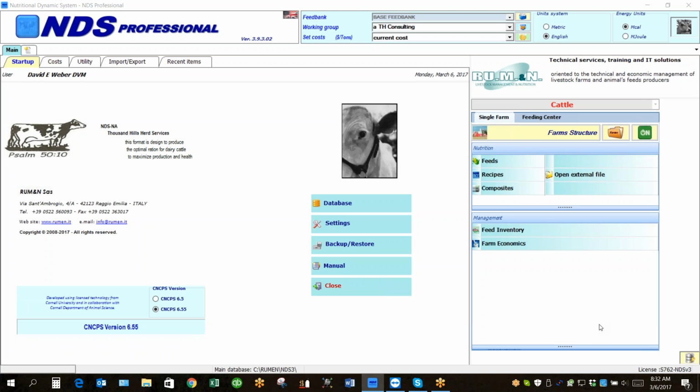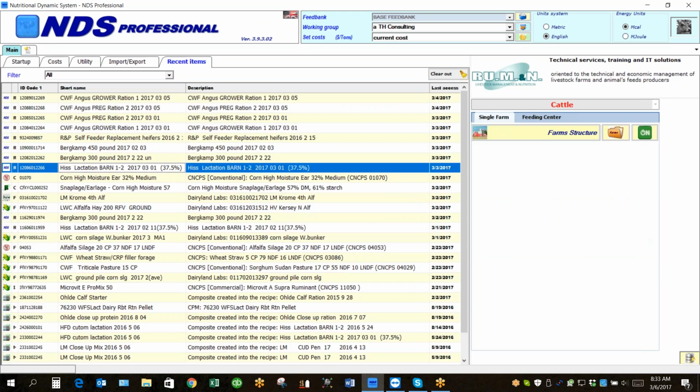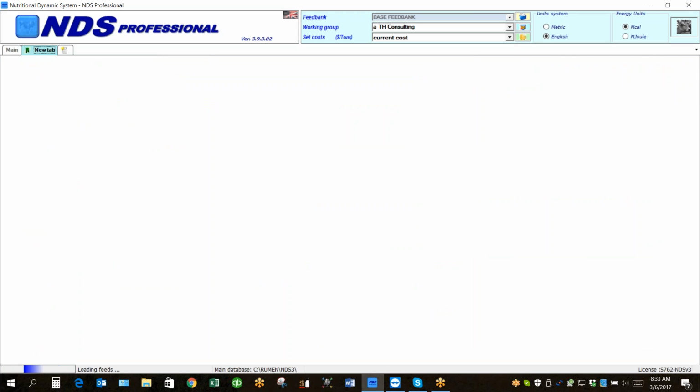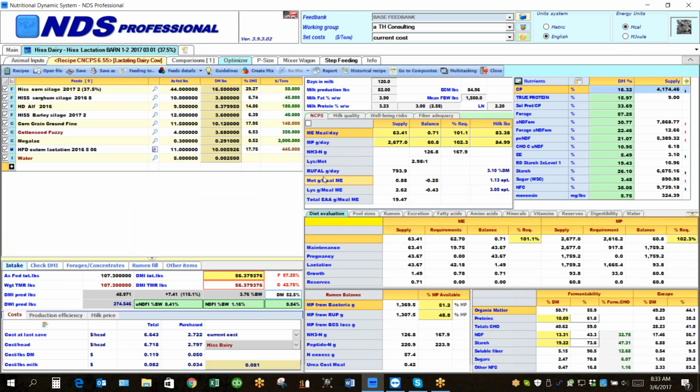Hello. Hey, I would just like to show you a recent addition to the NDS platform. It's called multitasking. So for right now, I'm going to just go to recent items and bring in a lactation recipe. And what I want to do is just work with the multitasking, which is a new feature in NDS, to